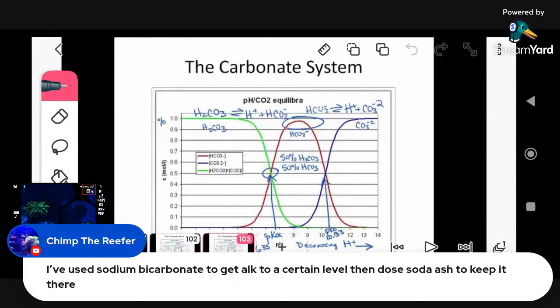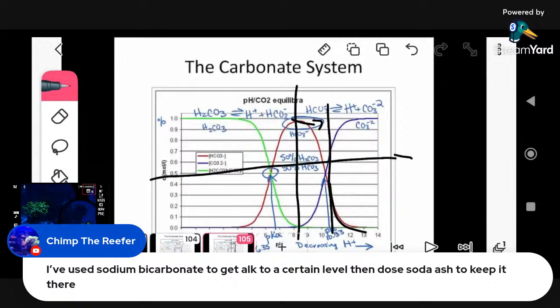Watch. What's your guys' max alkalinity? 11. Let's say you, well, this is not an alkalinity scale. Sorry, I can't use that. At the pH right here, let's say at a pH of 11. Damn, that's way too high. pH of 11 and natural seawater. You see how the amount of carbonate in this area drastically becomes 0 after a pH of 11. Okay, so if you're only dosing soda ash and you're going this way, you could easily overdose it and kill your stuff easily. Okay, you got to be real careful.